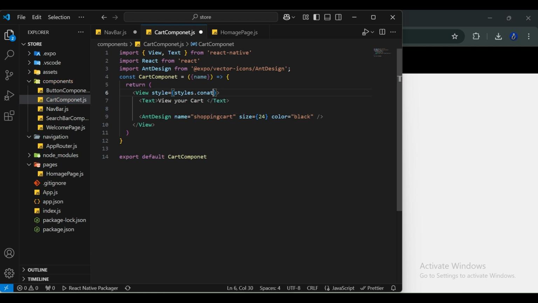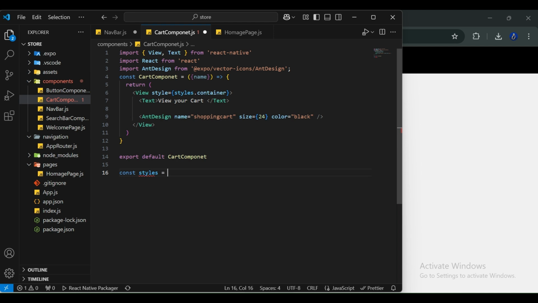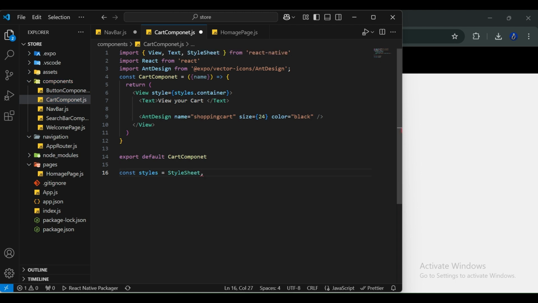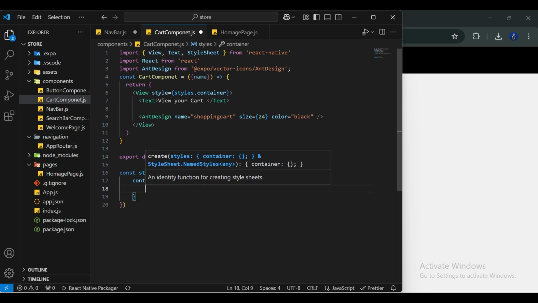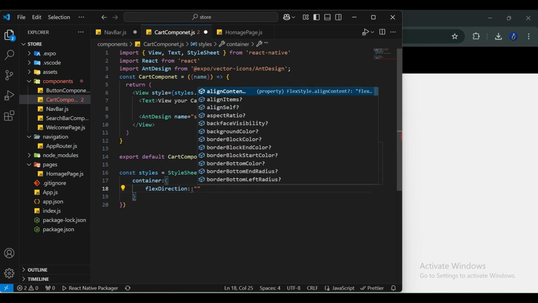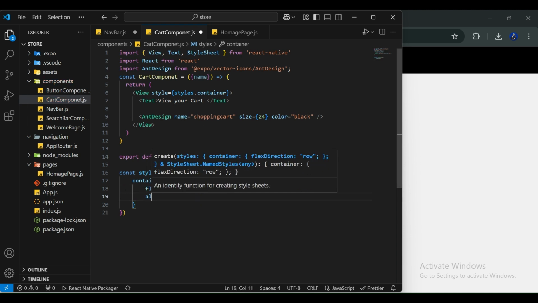And also write container. Then come here, style it a little bit. So the style sheet will be imported automatically. And create package and container. Style it as well. Flex direction. I want it to be row, so it must be in a row. My flex direction will be row,